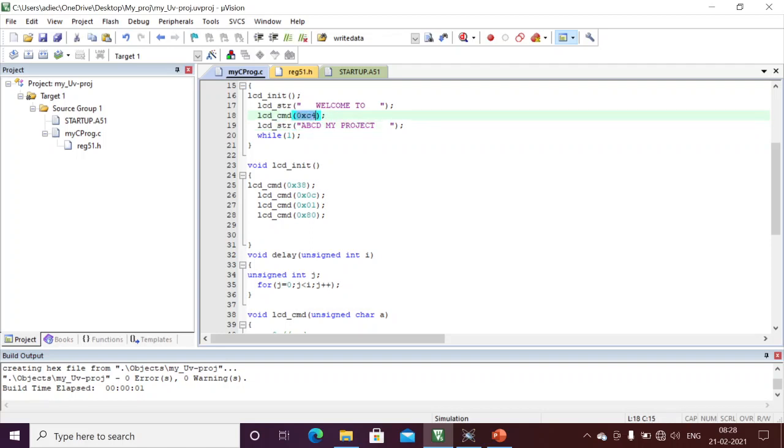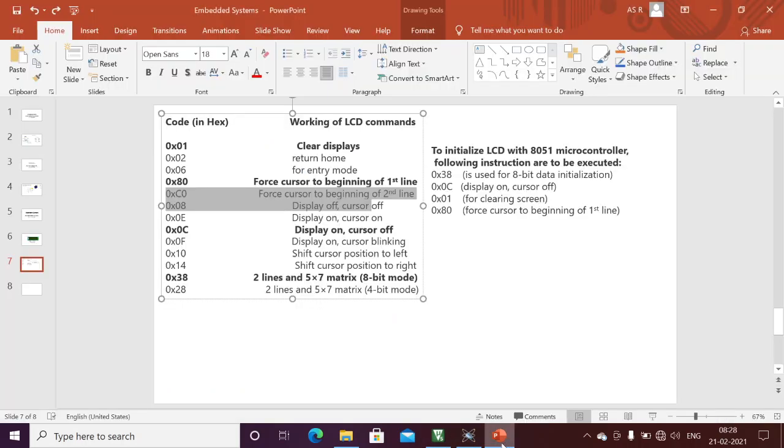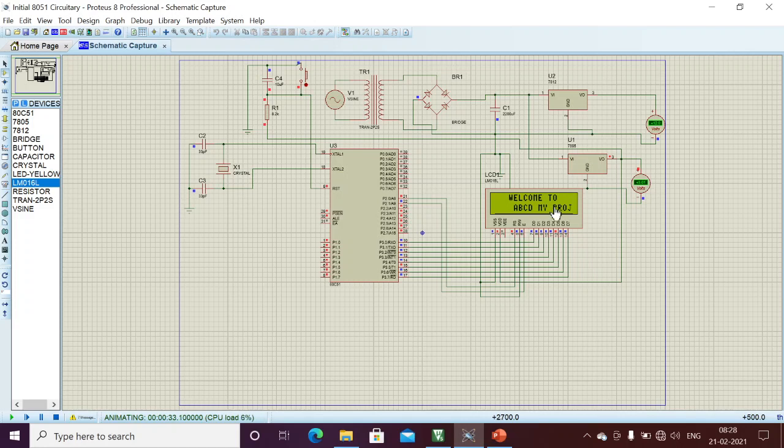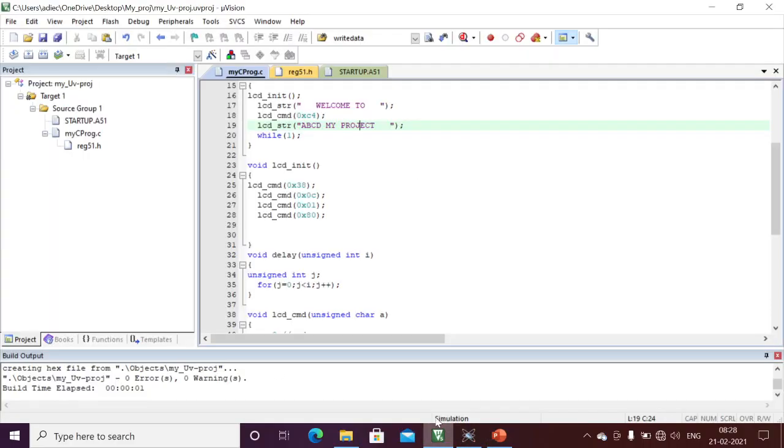Here from C4 onwards, I am displaying. This is C4, C5, C6, C7, C8, C9, CA, CB, CC, CD, CE, CF. We are going to display until J. See here, similarly, because I am displaying from C4 onwards. Here I can give whatever address we want to display, and from that onwards we can display. But usually I give C0, meaning the beginning of the second row. This is the address we can specify.